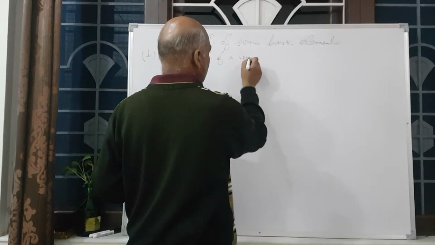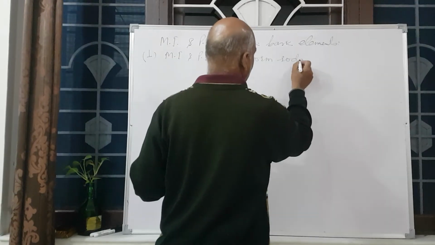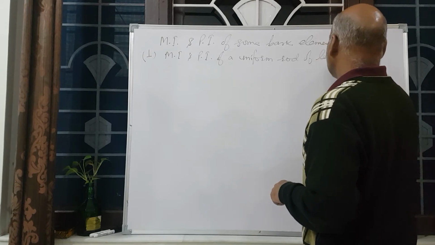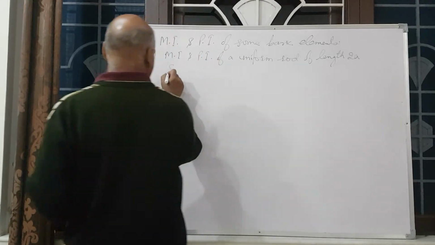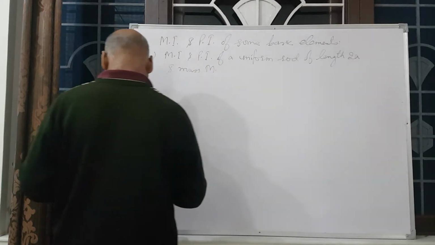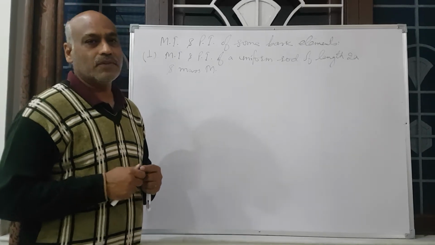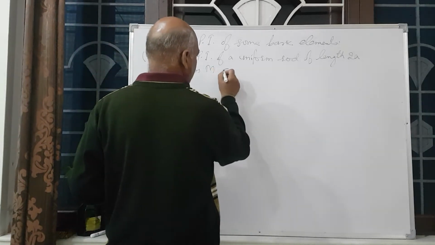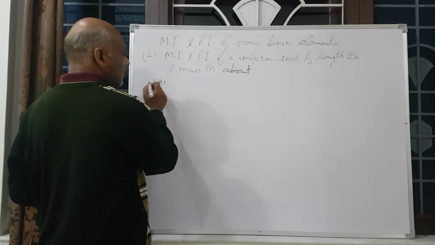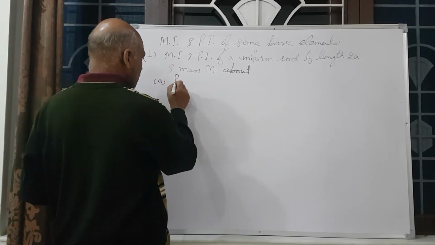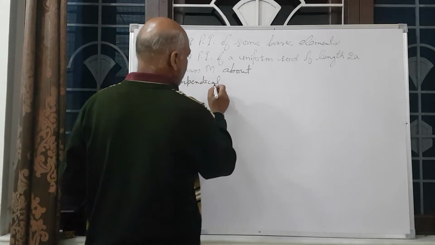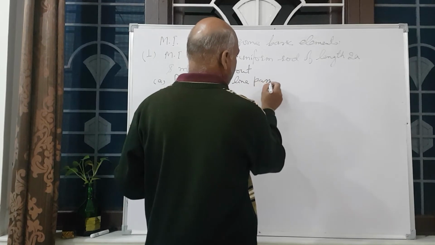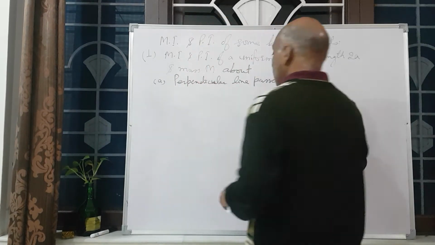of a uniform rod of length 2A and mass M. We will find the moment of inertia of a uniform rod whose length is 2A and mass is M. First, about a perpendicular line which passes through the center of gravity,